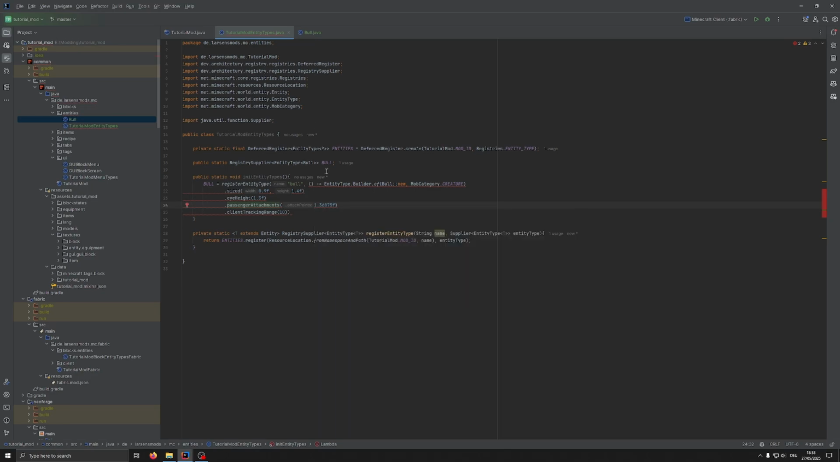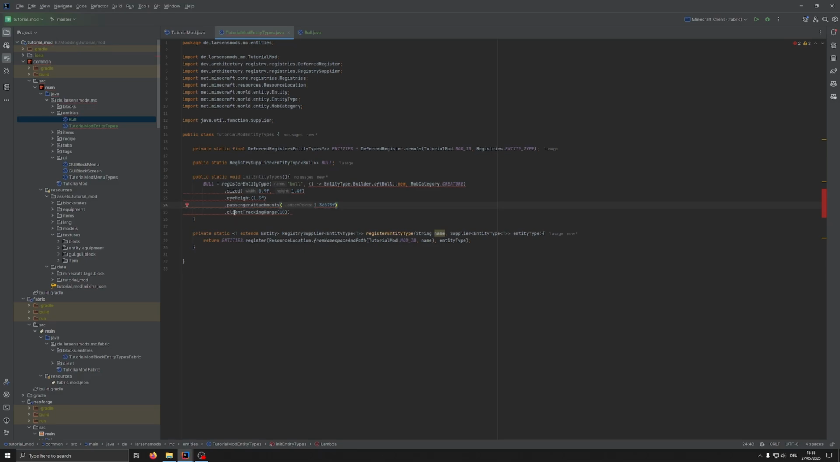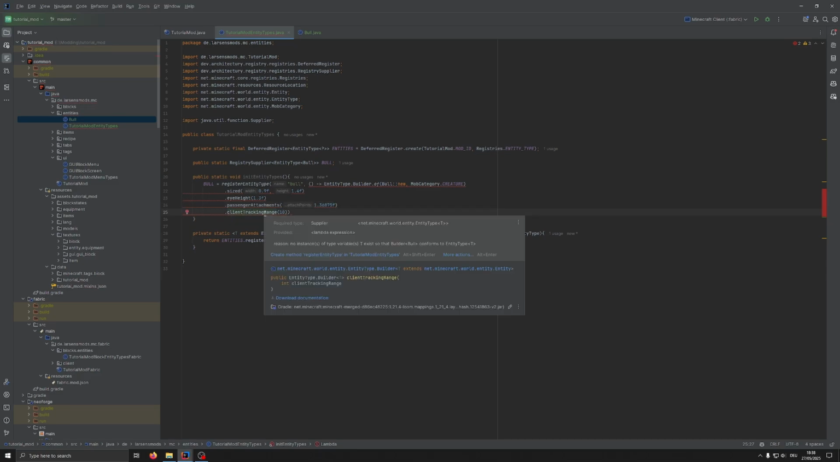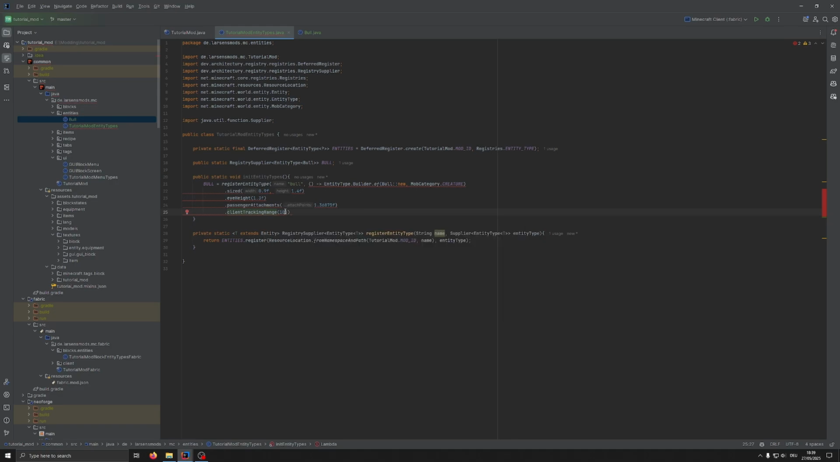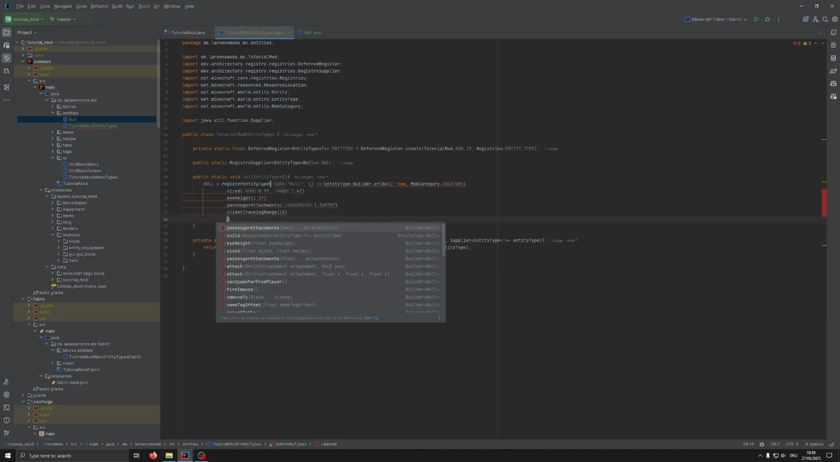So in this case we just have one attached point, so if an entity was to be sitting on top of our bull, this is the point where this entity would be located. And the last thing here is the client tracking range. So if the client gets outside of this range, the mob is no longer tracked for this client. But there are many other options, as you can see here. You can, for example, add